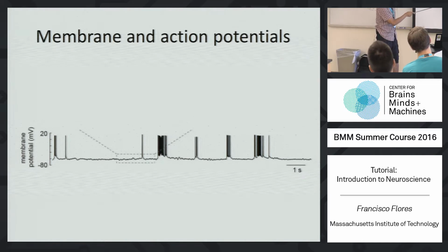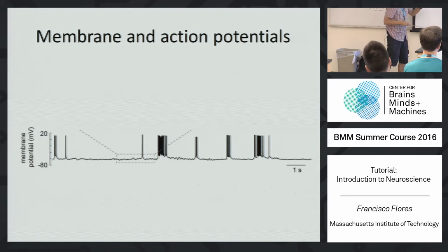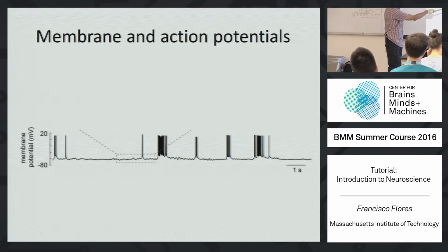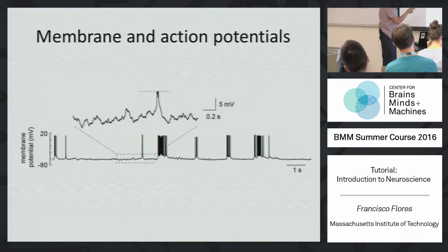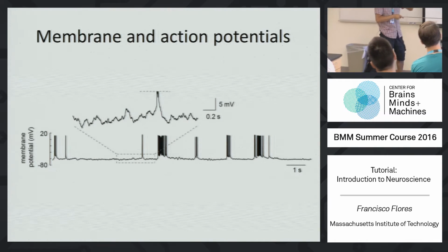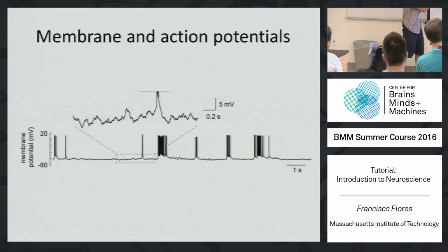Now the input disappears, the neuron repolarizes, and then another action potential. Here a little bit of depolarization happens, but the neuron typically oscillates around the resting potential. Here we have a huge burst of spikes. Now if I zoom in this area, you can see typically things are not kind of like in resting state. There is a lot of activity always.